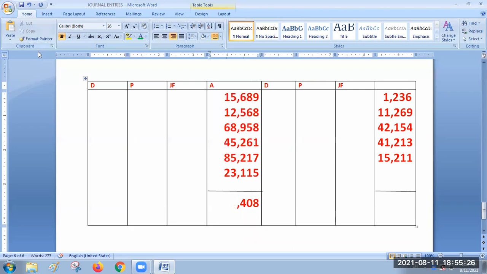Sir, it is not 24, sir. It is 25. 25 only. I have mentioned 25 only, no? Where it is 24? Where it is 25? In that hundreds place, sir. Here this one is not 4, it is 5. Yes, sir. It is 5, sir. Okay, let me check once.